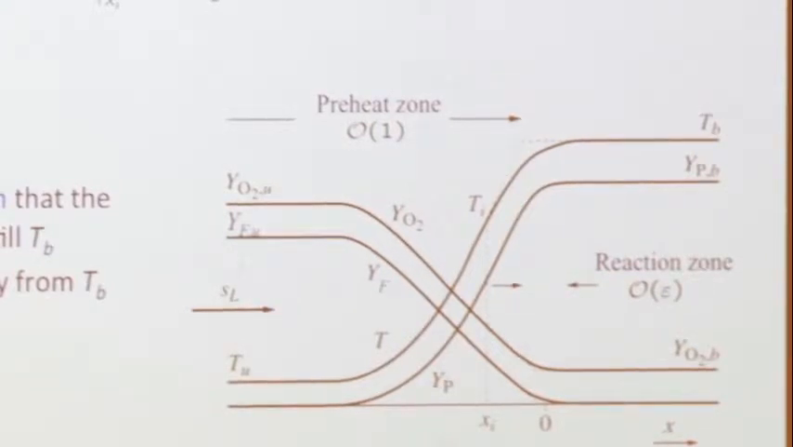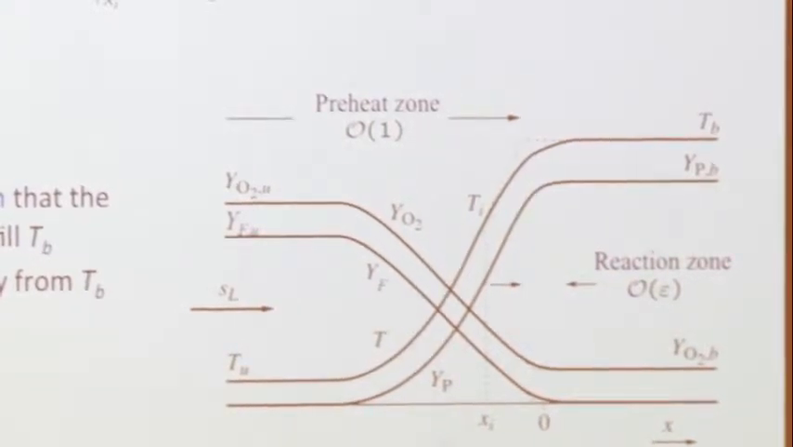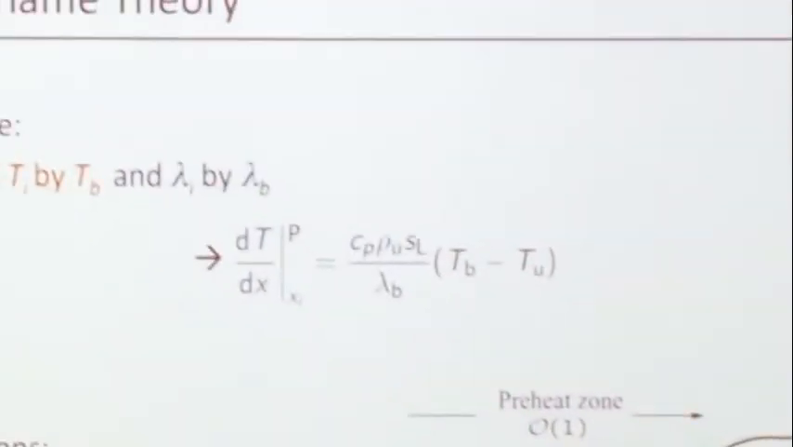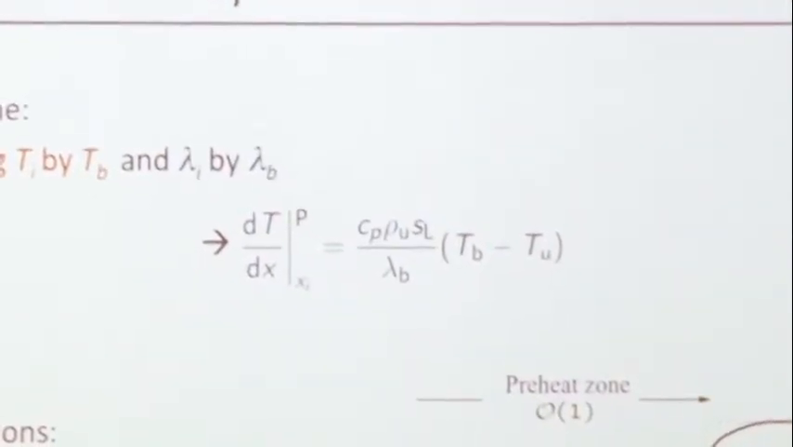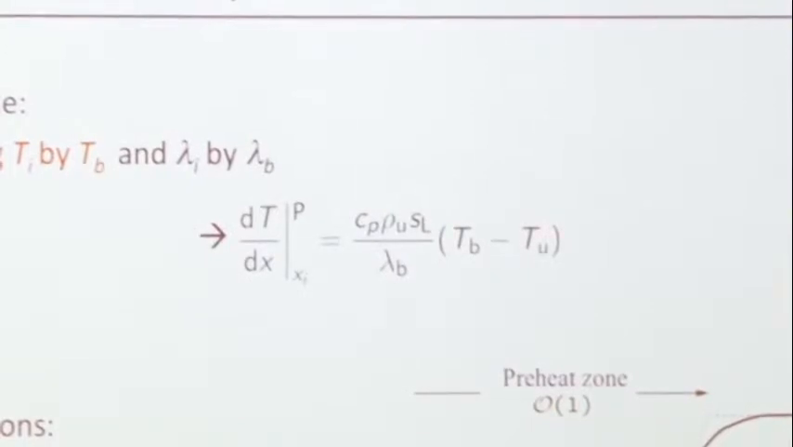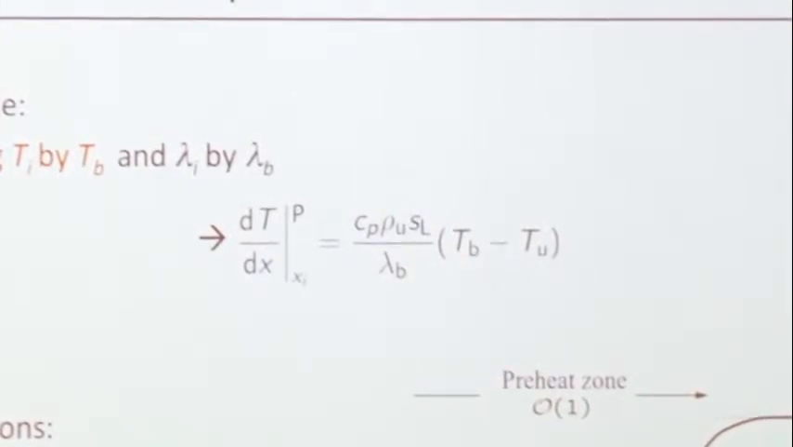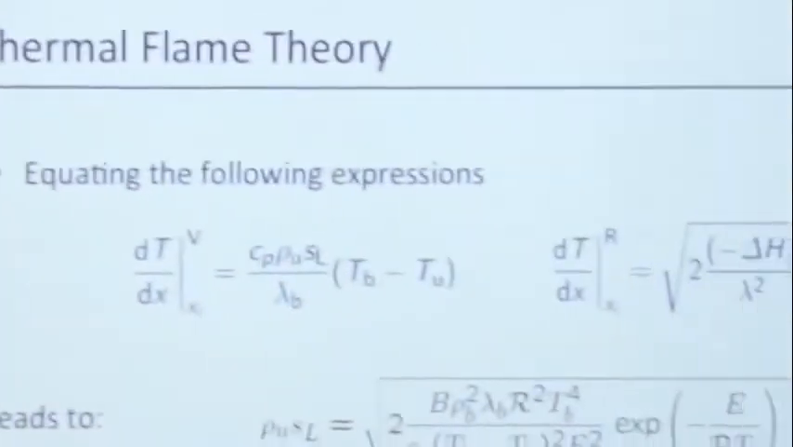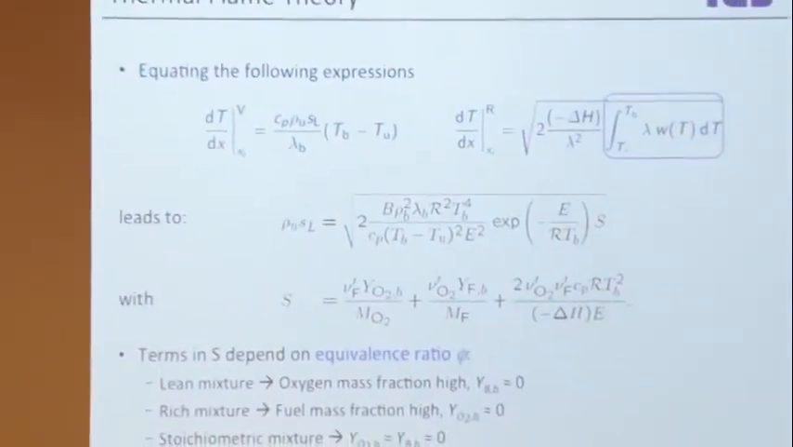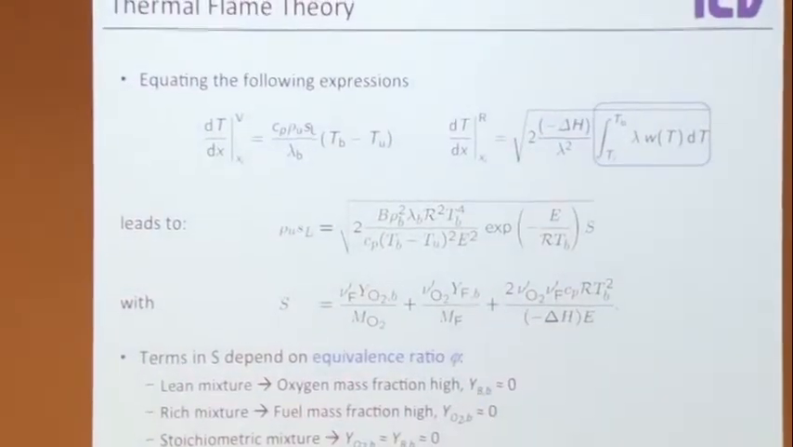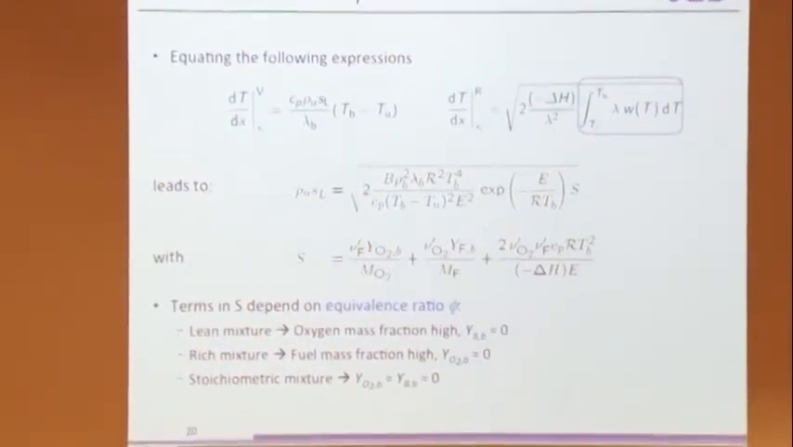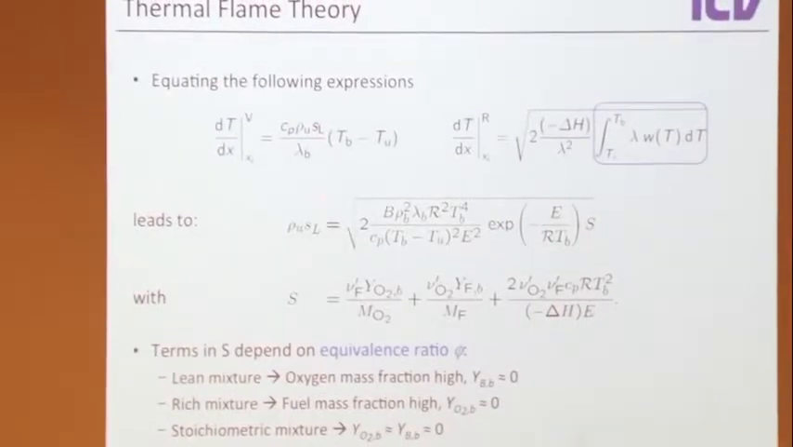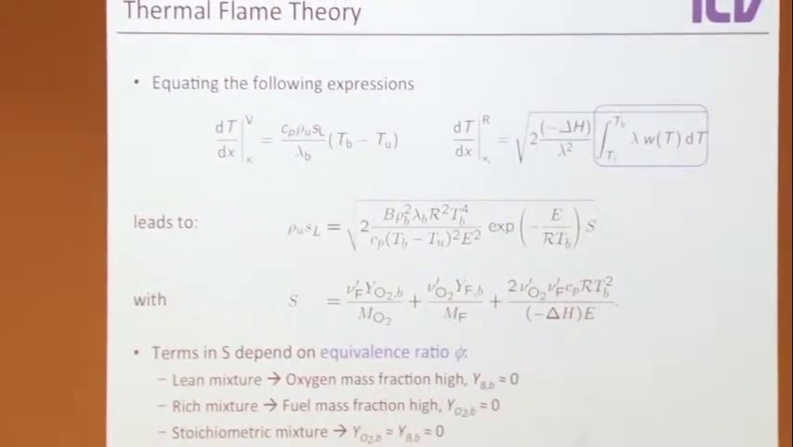So that's why we can say, for the purpose of this difference here, we can replace Ti by Tb, and we make only a very small error. Or in the limit of infinitely large activation energy, no error. Okay? So if we do these two things, then you see here, this is what you had in the preheat region, this is what we have in the reaction zone, and now we can equate these and solve them for SL, and then this is what you get, is the square root,